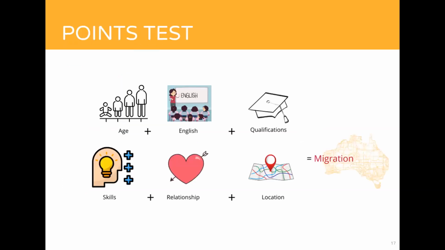So once the English has been achieved, you will look at your point score. As I mentioned earlier, a minimum of 65 points is required to enter the game, the GSM game. And points are calculated across a range of factors. Now, whilst 65 gets you into the game, for most candidates, it will not be sufficient to be successful. So as we go through these, consider what point score you may have at the moment and how you may be able to improve that.